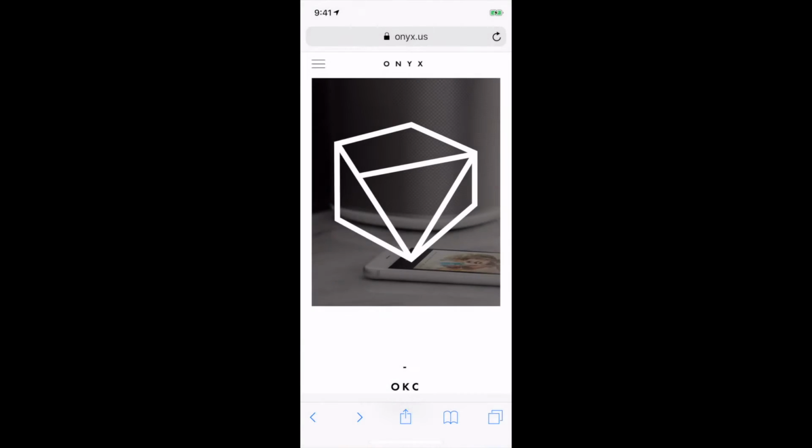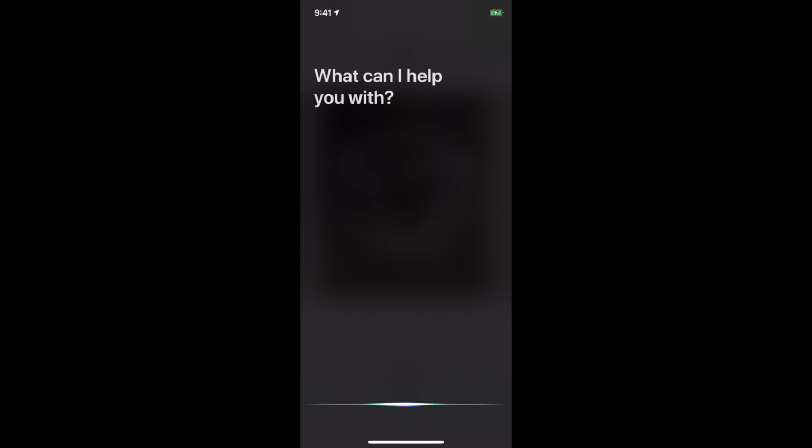She also works with your HomeKit devices. Hey Siri, turn off the living lights. Sending your request. Done. This is just scratching the surface, and we'll explore more of what Siri can do in